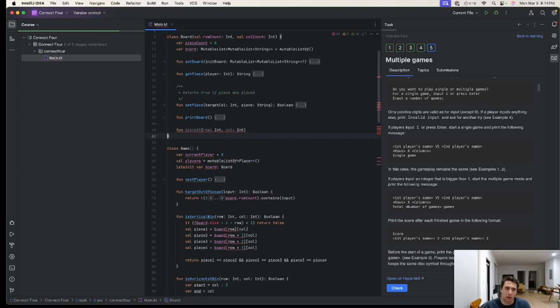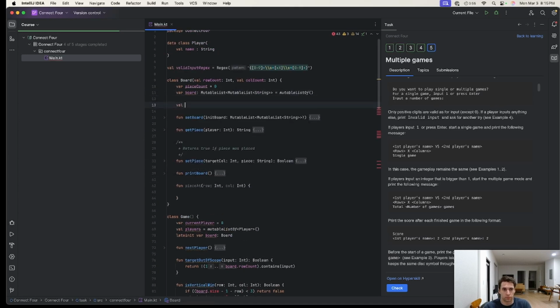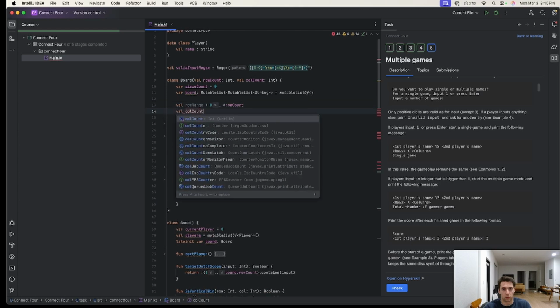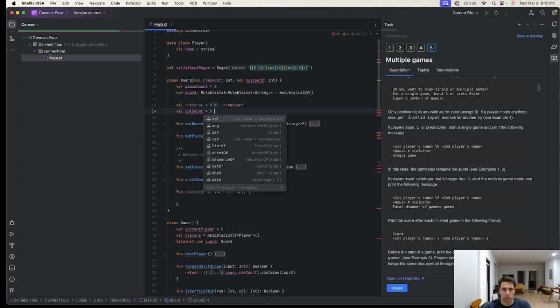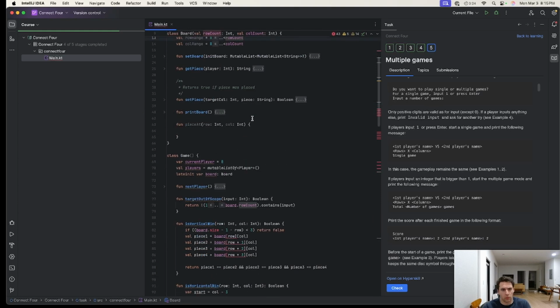I wonder if I can have a generic function to get the piece at a coordinate and say the range. I could do it here. And then